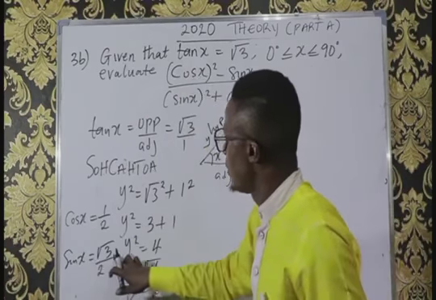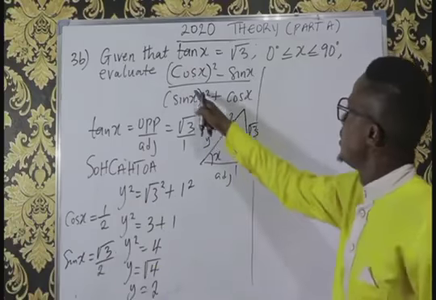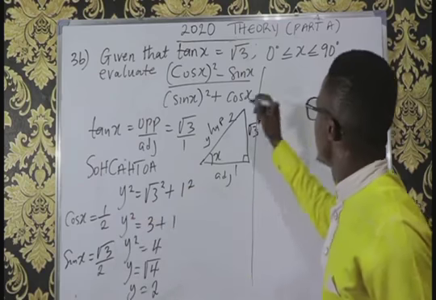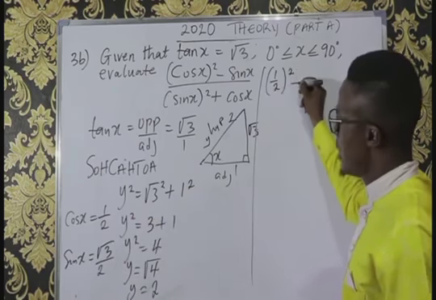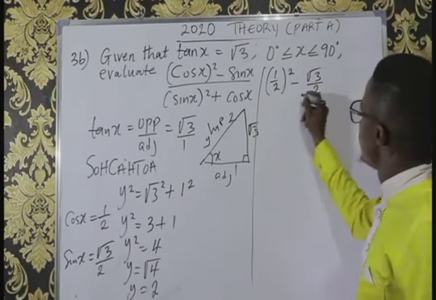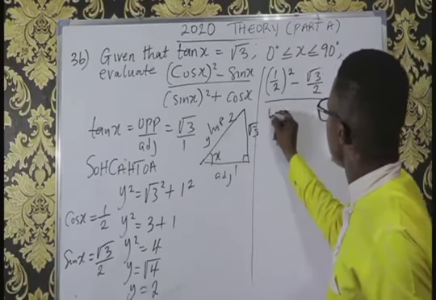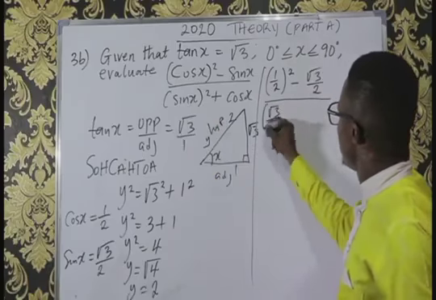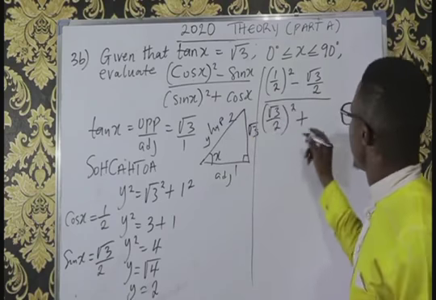If I see sine x, I put √3 over 2. So coming here now, cos x, I'll plug in 1 over 2. So I have (1 over 2) to the power of 2 minus sine x, which is √3 all over 2, over sine x again, I'll put (√3 over 2) to the power of 2 plus cos x, I'll put